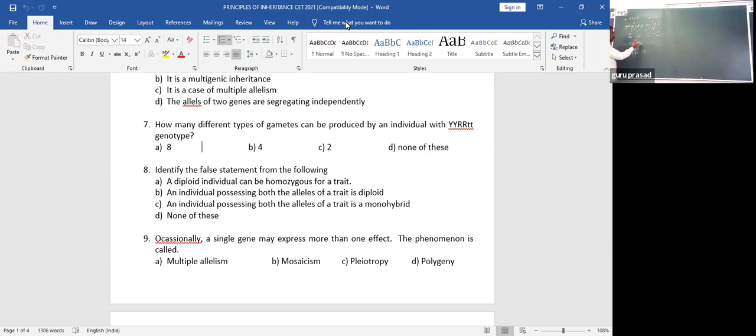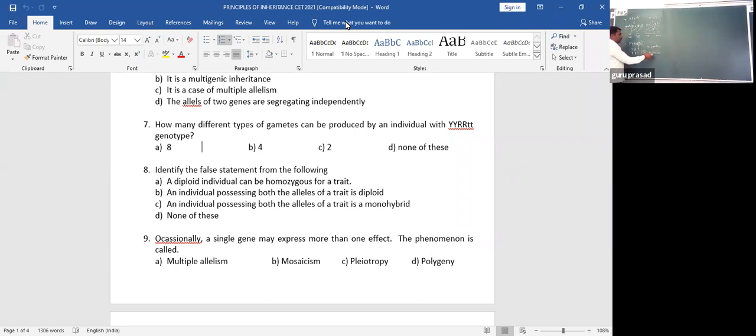Okay, so like that, the more the number of heterozygous, the more different types of gamete you may obtain. So there is a simple formula for that. That is number of gametes. For instance, what is taken here is capital A, small a, capital B, small b, capital C, small c. Now, you can clearly see that there are three heterozygous conditions. All the characters are in heterozygous condition. Therefore, what is the possible number of gametes?